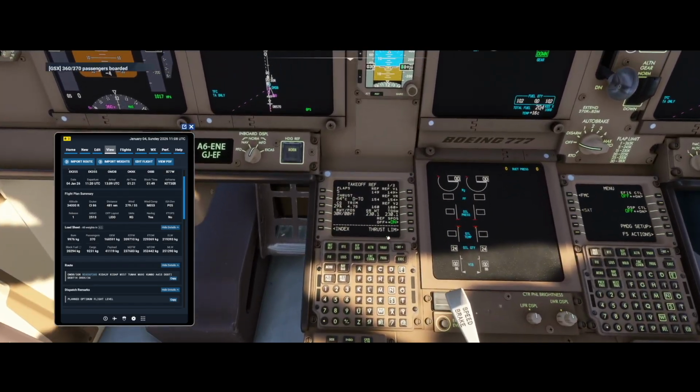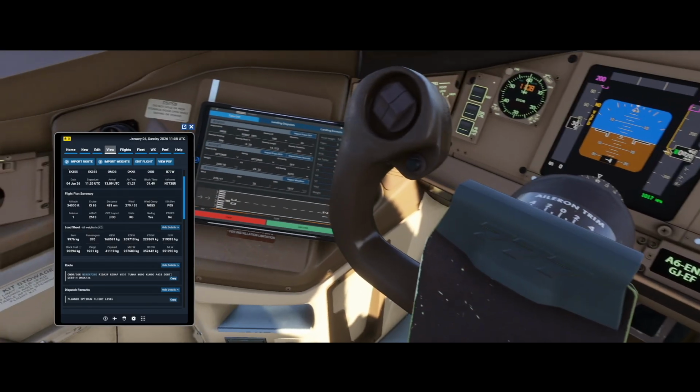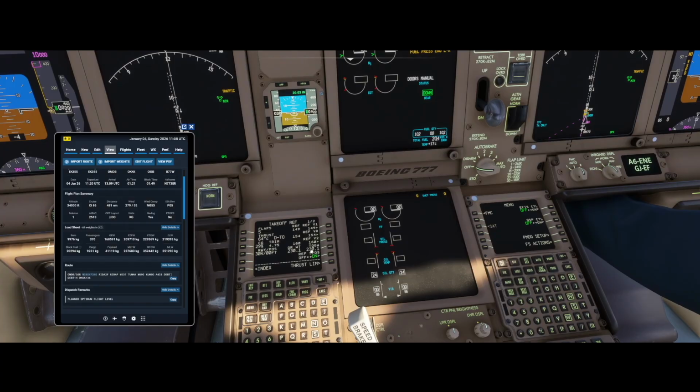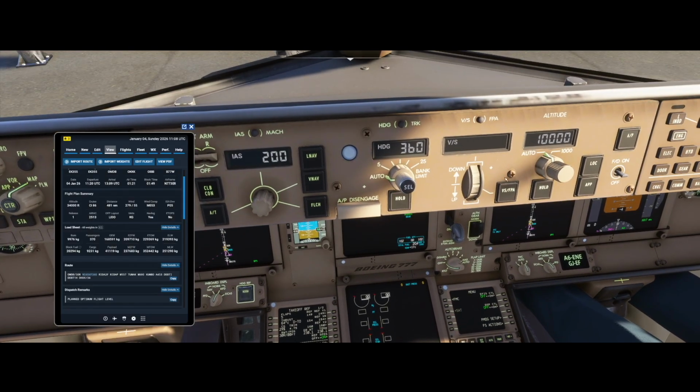Over here, there's nothing more important. You want to verify your V1, VR, and V2. So in our case, it has auto-calculated V1 to be 149, which is fine. It is close enough. Now you want to take your reference V2, which is 160, and enter here